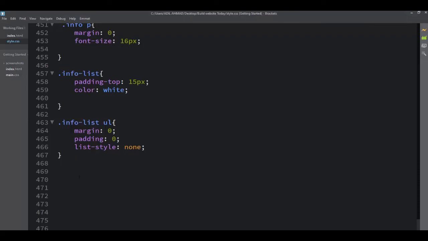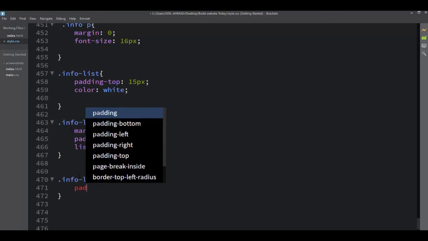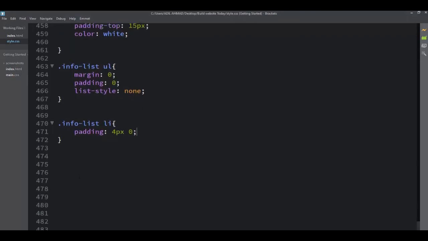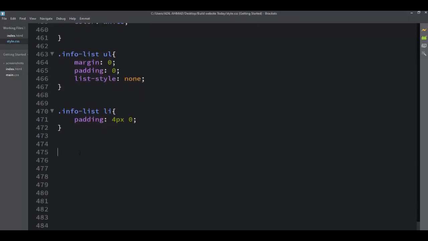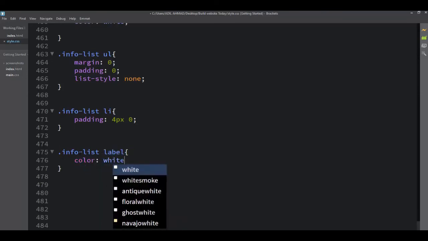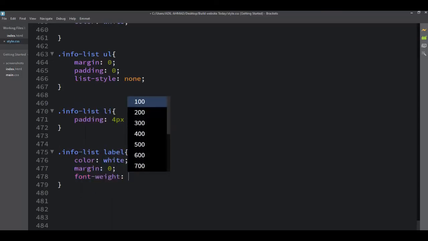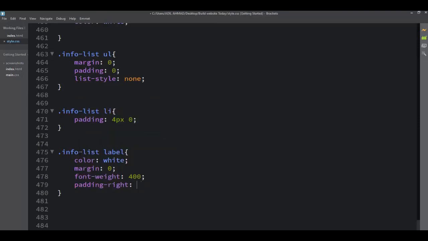Right now I'm targeting the li which is coming inside the ul tag. So just here I'm putting li. This will be having some padding, like top and right will be 4 pixel and the rest, bottom and left, 0. Now this time we have to work for the label which is containing the name, designation and date of birth, everything. So right now I'm just mentioning label. Again we have to put some color, and also I'm adding some margin property like 0, and then font weight 400 and padding right 10 pixel. If I show you,